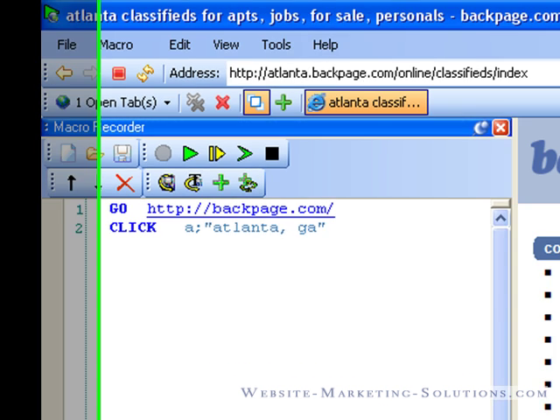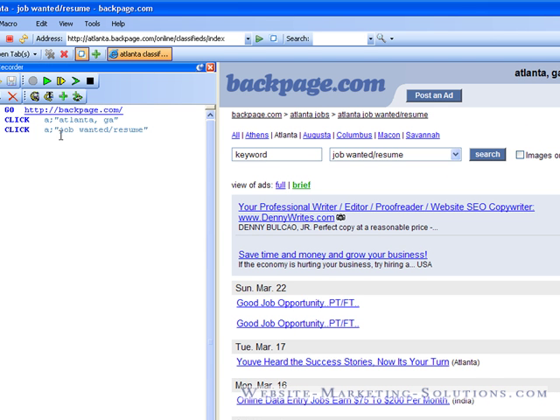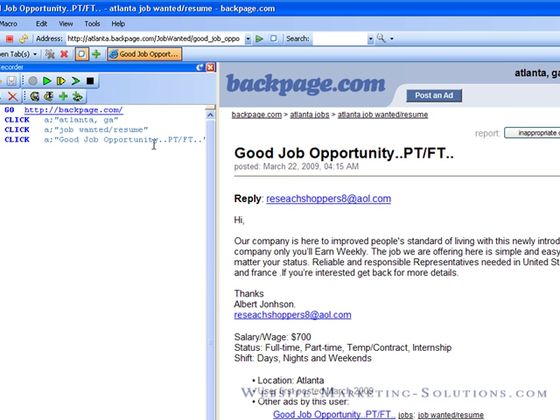All right, then let's say I want to go into a particular section. Let's say I want to go into the Job Wanted Resume section. Sure enough, click the link that says Job Wanted Resume. Now I'm on that section. Now let's say I want to click on the very first thing I see that's just a regular ad in here, and I'll say something like click good job opportunity, and there it is. Okay, and then here it is. Now if I want to reply, I could reply, but this is a particular email address rather than a reply that says click here. So in web macros I would build in the next step, and the next step would